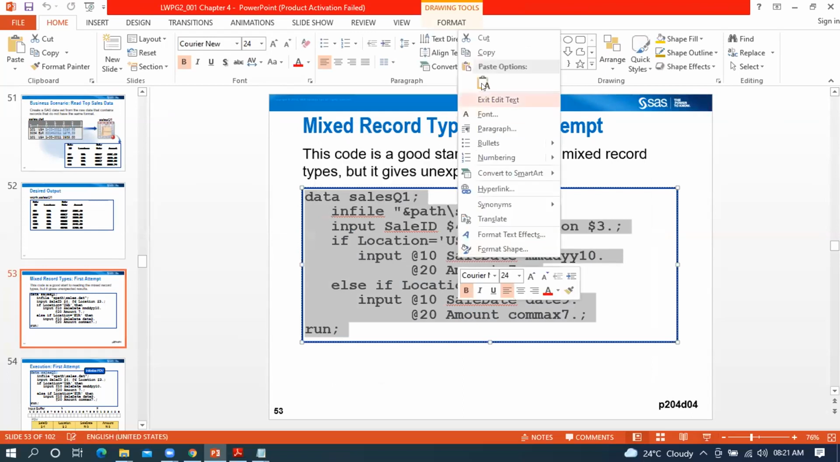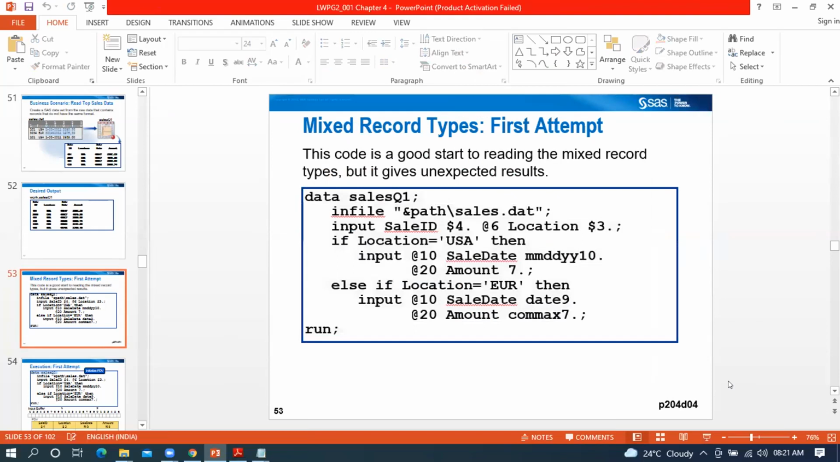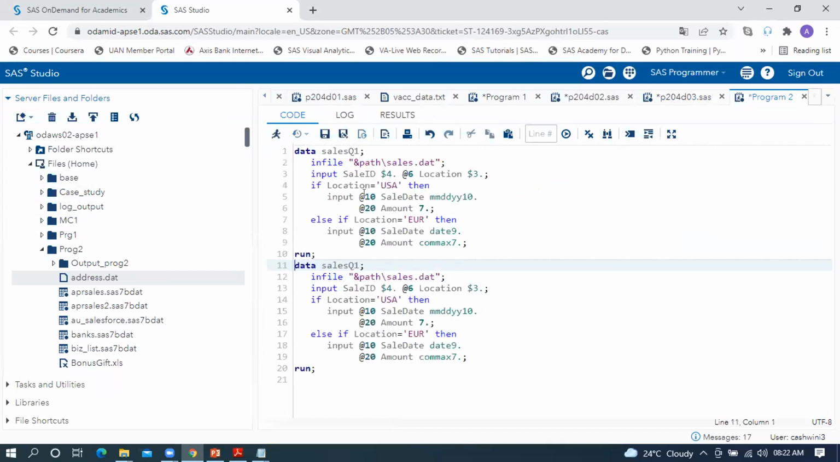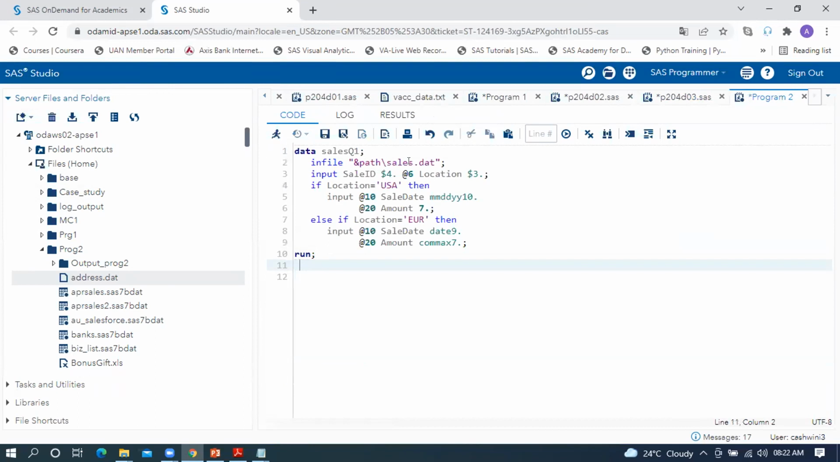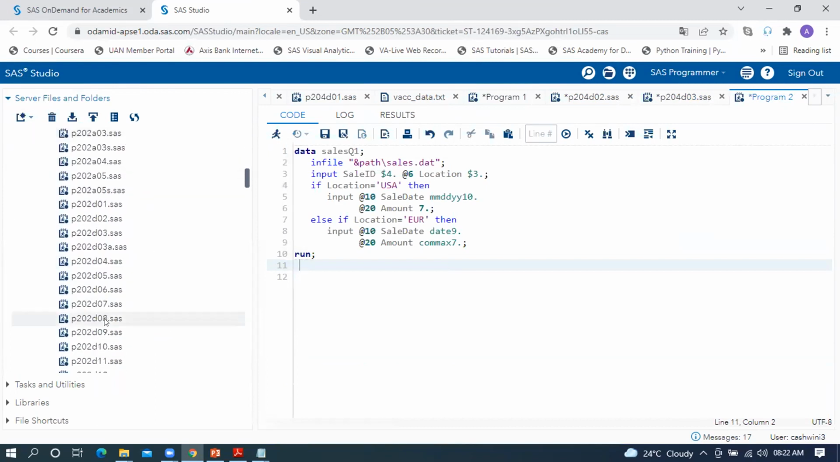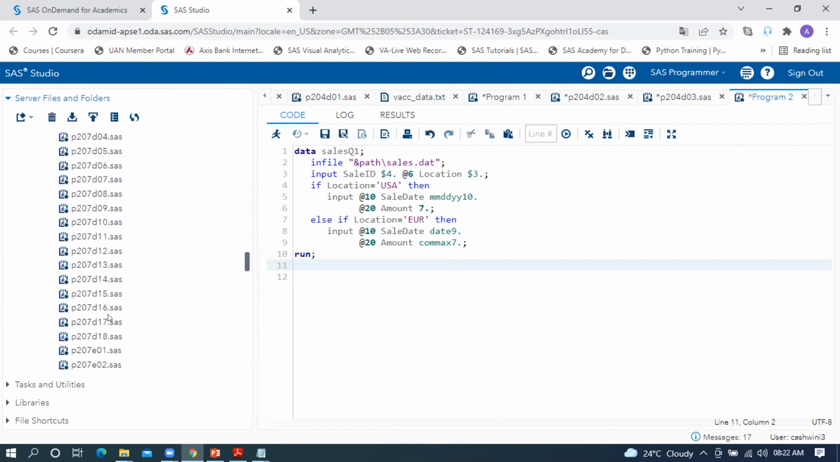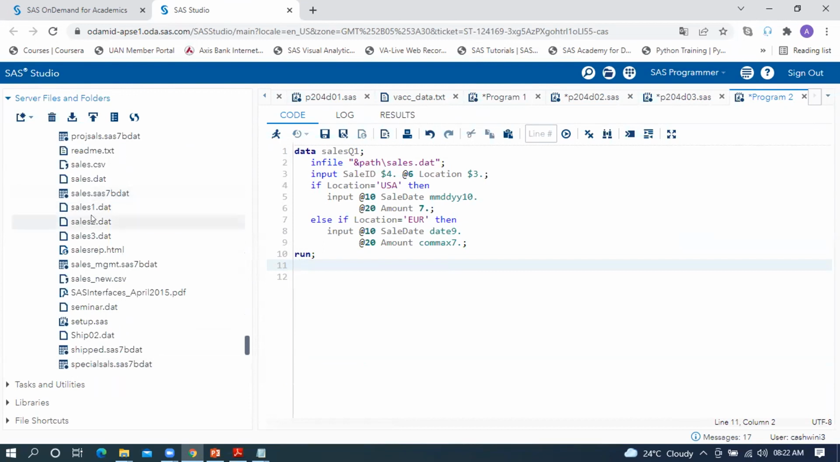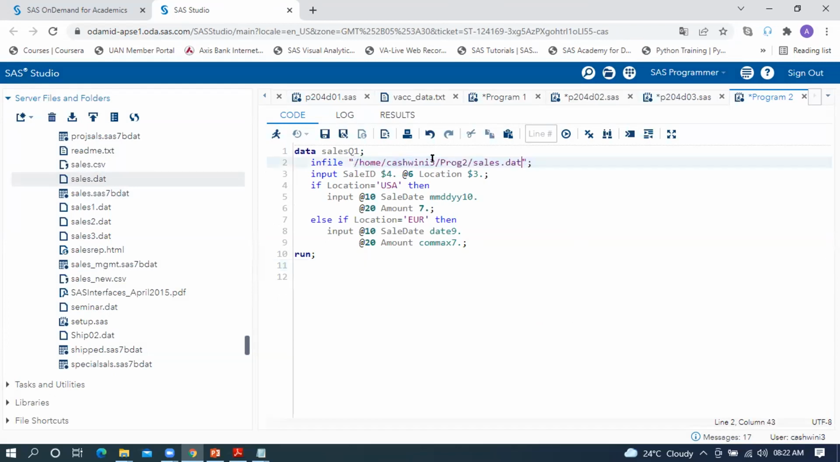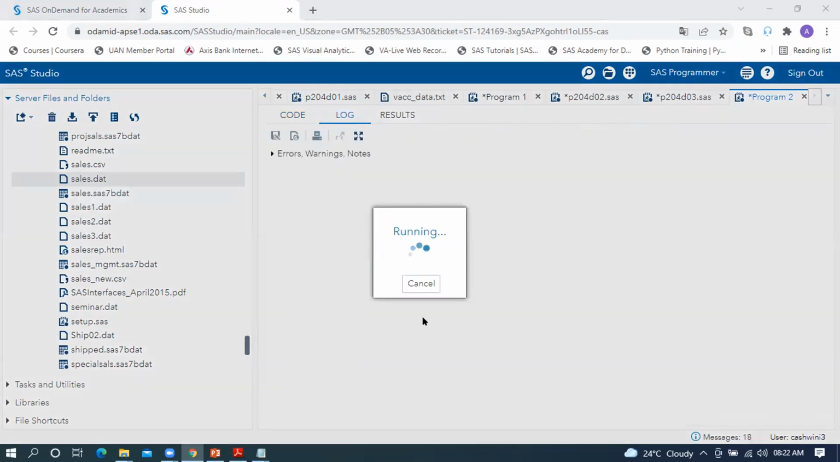So it's a data called sales dat. Okay, so let's move into RStudio. All right, so I'm executing this data step